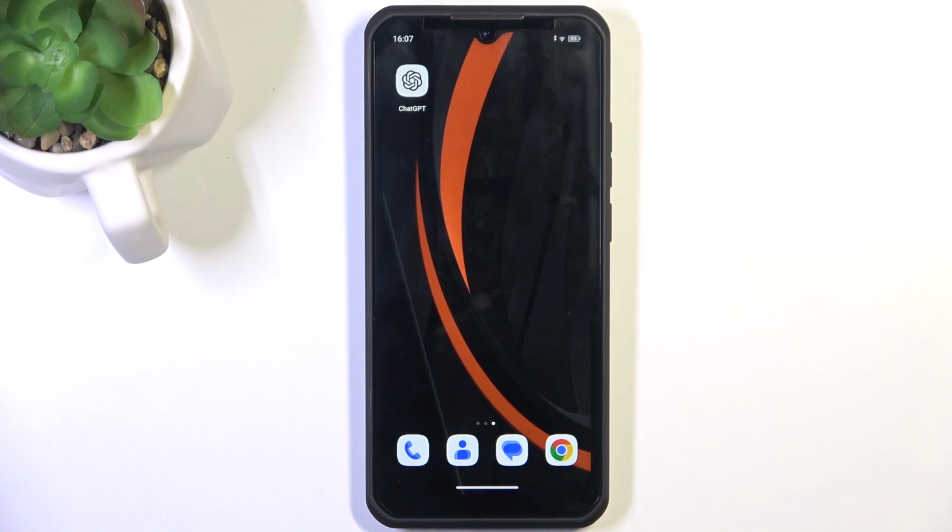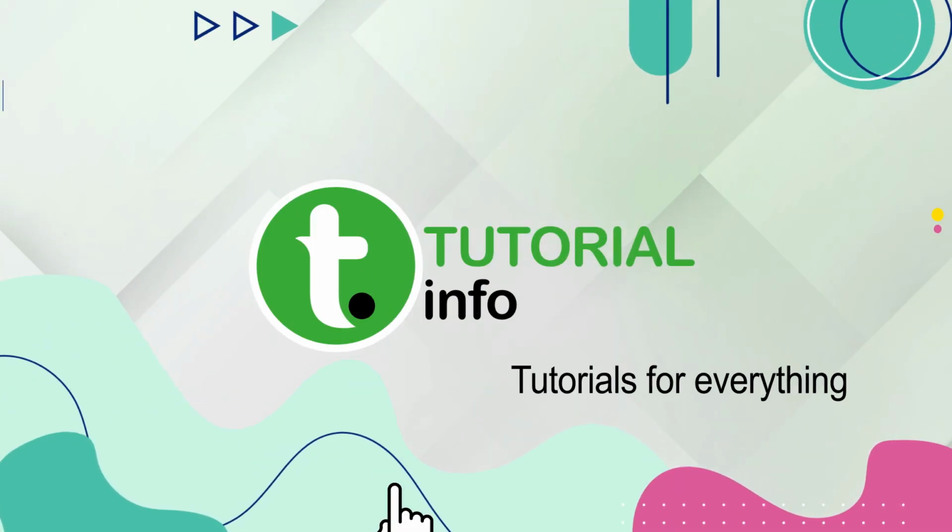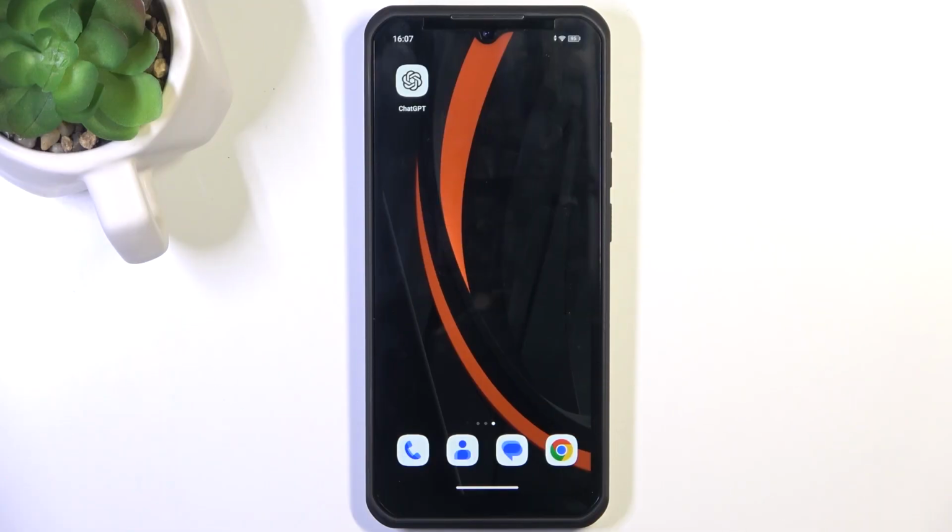Hello, in this video I'm gonna show you how to make your phone look smoother on Oukitel WP50 using animation scaling. To make your phone look smoother,